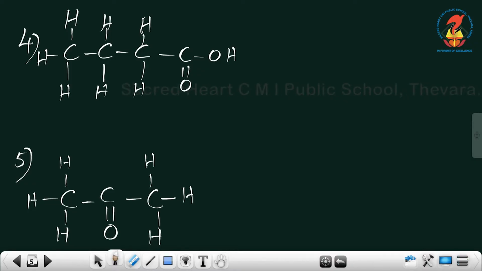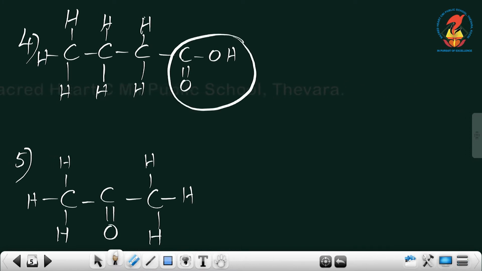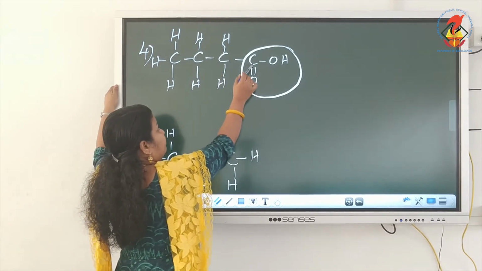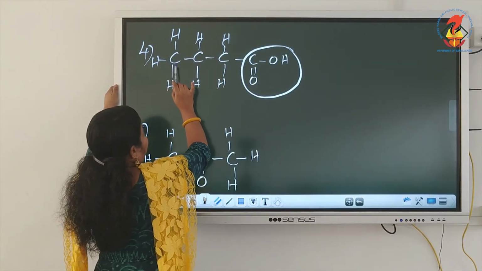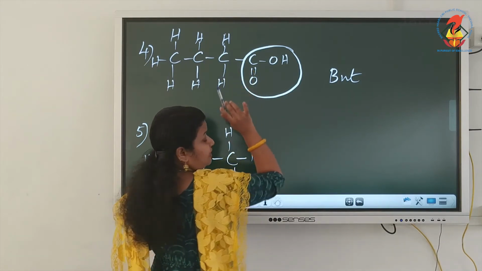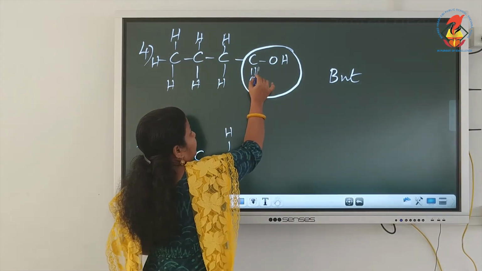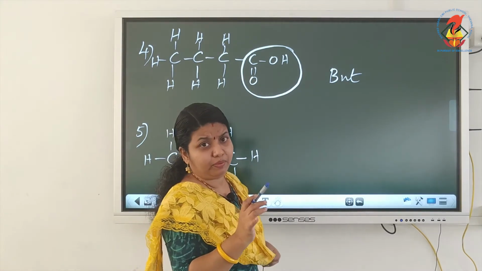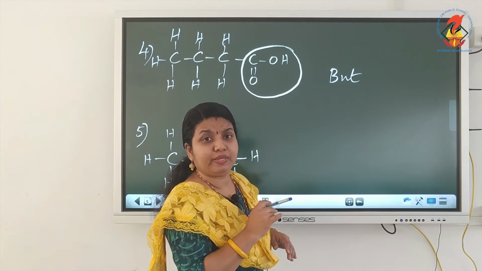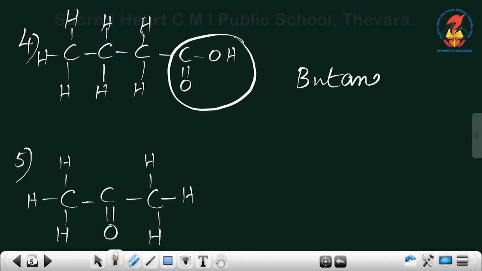Now question number 4. How many carbon atoms are there here? You can see that this is the functional group COOH. Which is that functional group? Carboxylic acid. So when you count the number of carbons, take this carbon from carboxylic acid also into consideration. So 1, 2, 3, 4. 4 carbons are there. So bute. All the bonds between carbons are single bonds. Don't look for this bond. This bond between carbon and oxygen is a double bond, need not be taken into consideration. So we always look for the nature of the bond between carbons. So it is butane.